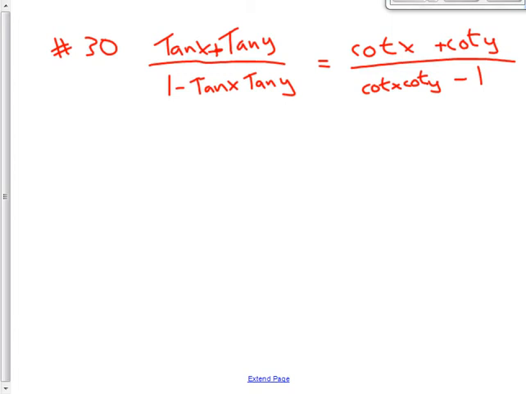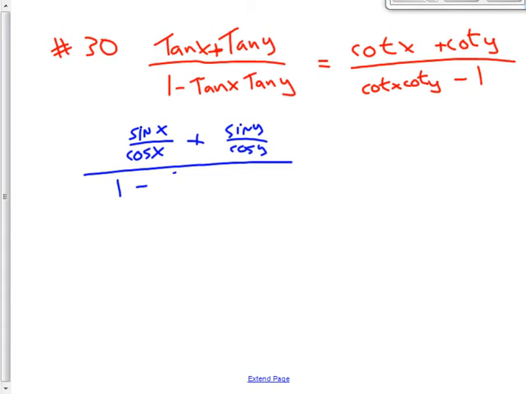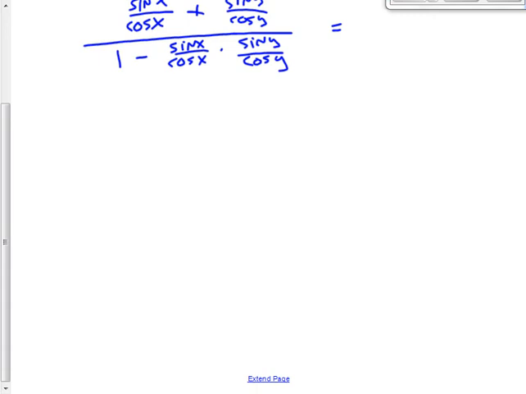There's no sines and cosines in here, so that's going to be my first step. I'm going to say, well, tangent of x is sine of x over cosine x. Tangent of y is sine of y over cosine y. In the denominator, I have 1 minus, again, tangent x, sine x over cosine x, times sine y over cosine y. Well, again, when I look at that, that doesn't seem like it did a lot, but I do have a fraction on top here. The fraction on top,